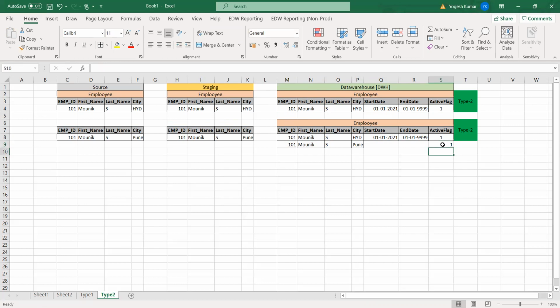So let's mark it as an active record. And only one record can be active for that ID. If there is employee ID 101, only one record can be active. So we have to mark the previous record as deactive, 0. Now, the end date must be changed, no? Yes, we are coming to that.